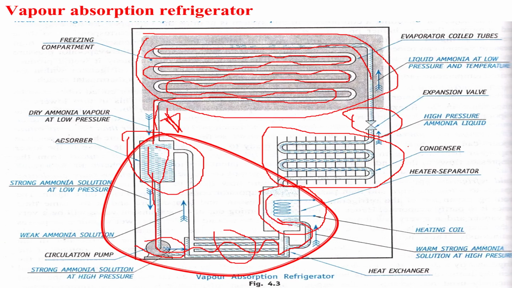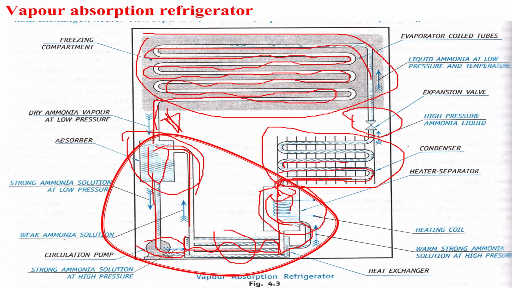Once it is heated, the ammonia, which boils at low temperature, gets vaporized and passes through this condenser. Ammonia escapes into the condenser. Then the other liquid is taken back to the absorber. So this is a very weak solution, and the pure ammonia after evaporation is taken into this.